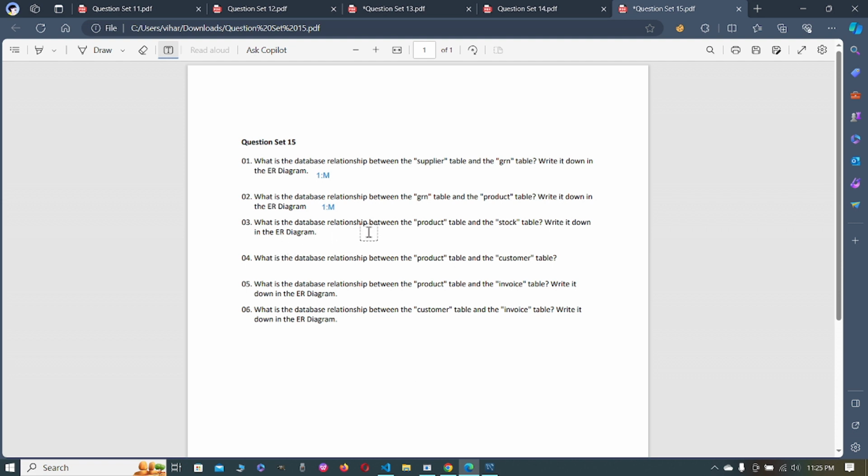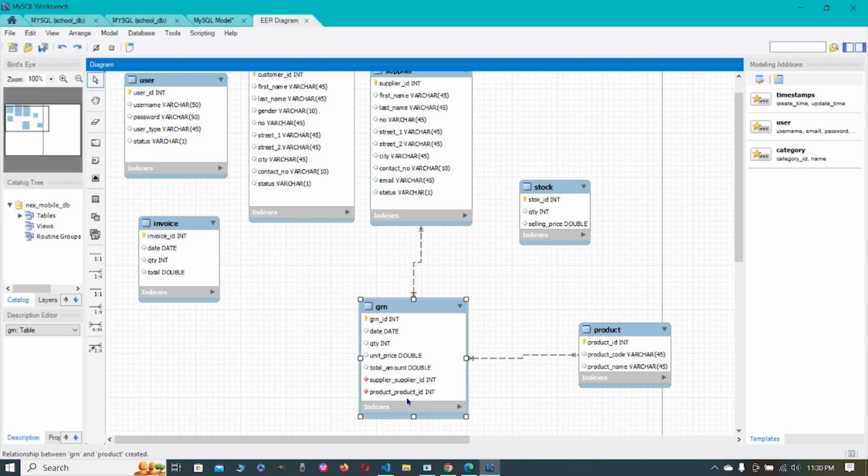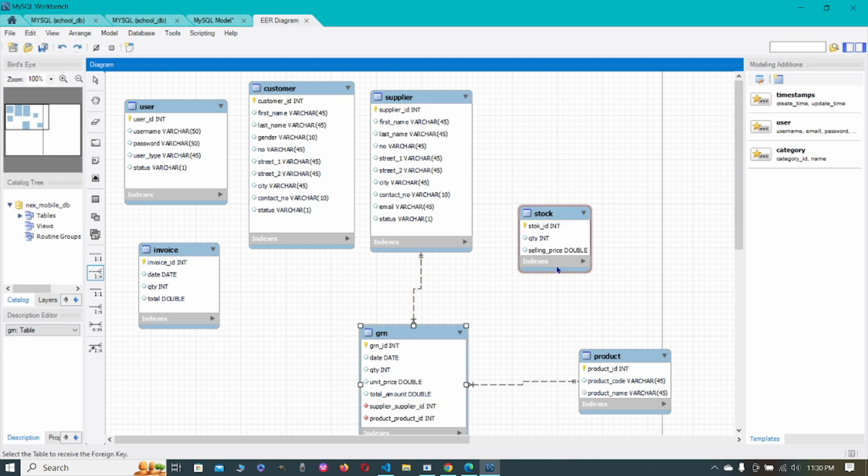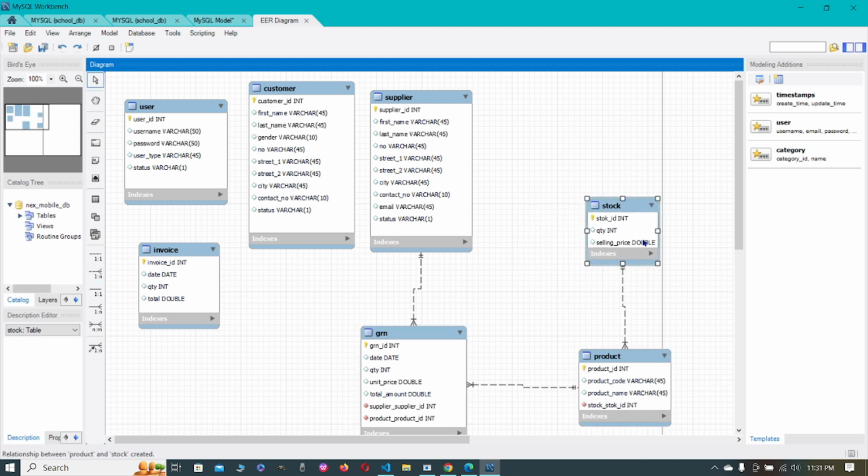Third question, what is the database relationship between the product and the stock table? Write it down in the diagram. So once again, it's a one-to-many relationship from the stock table to the product table. And I will mark it in the ER diagram as well. It's a one-to-many relationship with the stock table and the product table. And that's our